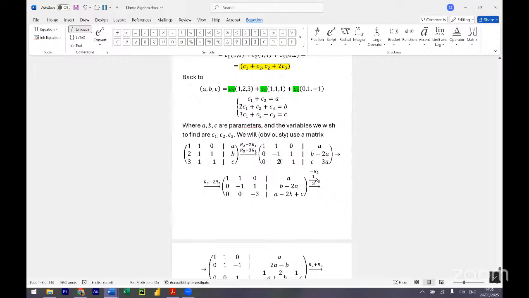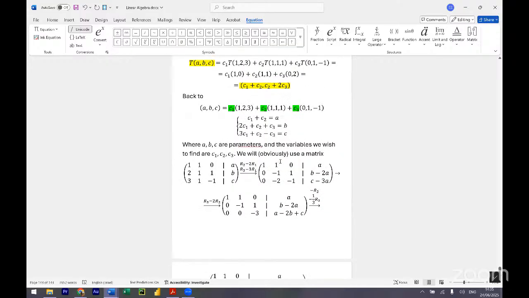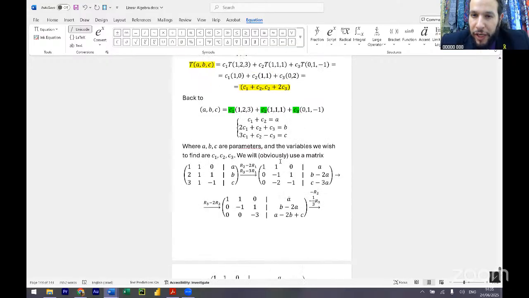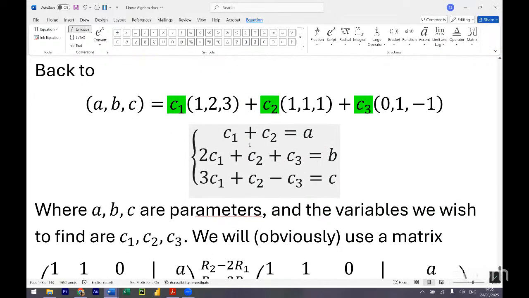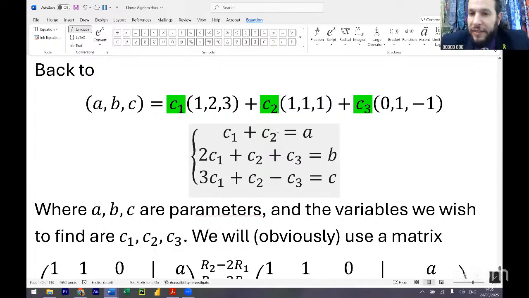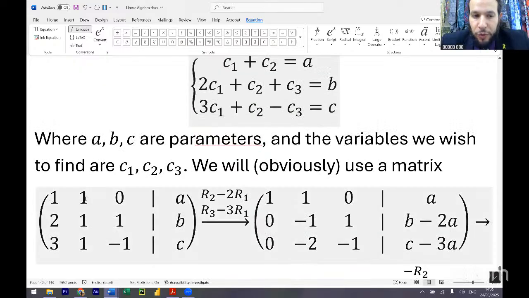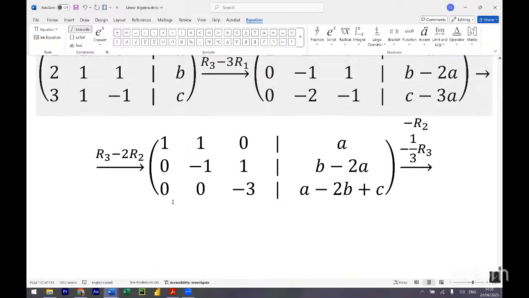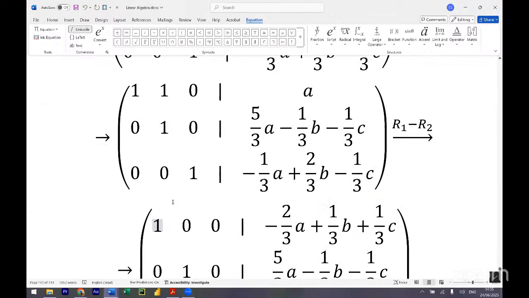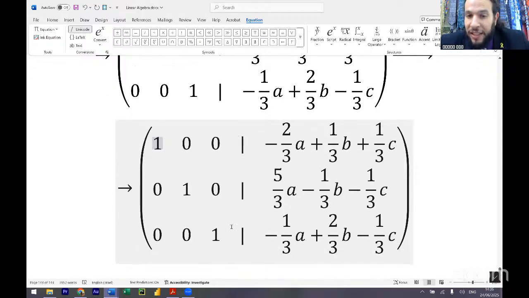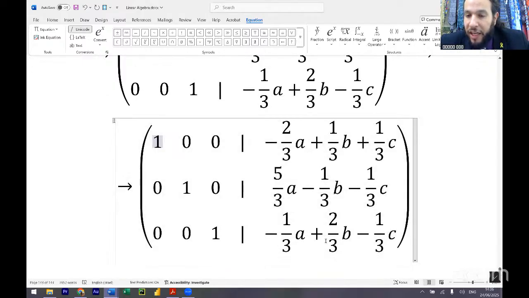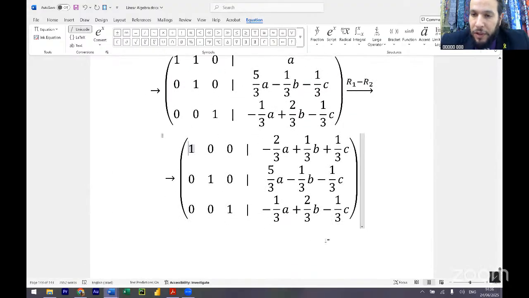You mean minus 2/3 or? No, I mean, what did we solve, right? We had the system of equations, right? First equation was C1 plus C2 equals A. That was 1, 1, A. Now, after we got to the reduced form, what does this equation say? C1 equals that, and C2 equals that, and C3 equals this. We found them. Okay, so